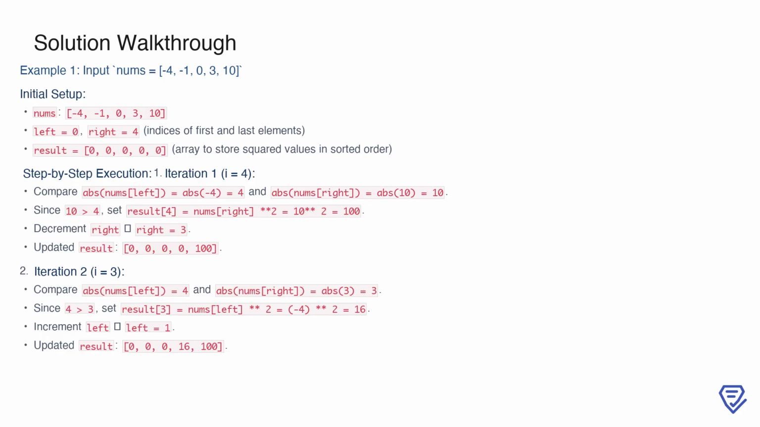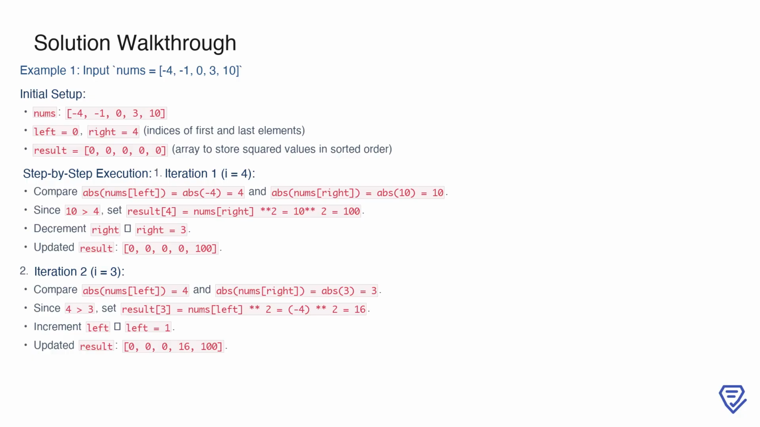To solve this problem, we start with the input array nums equals -4, -1, 0, 3, 10. Our goal is to return a new array where the squares of the elements are sorted in non-decreasing order. To do this efficiently, we use a two-pointer approach. We initialize left to point to the first element at index 0 and right to the last element at index 4. We also create a result array of the same length, initialized to zeros, to store the squared values in